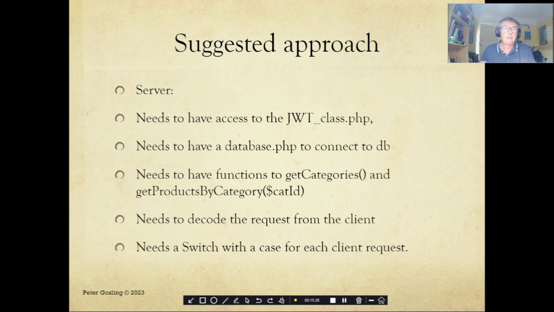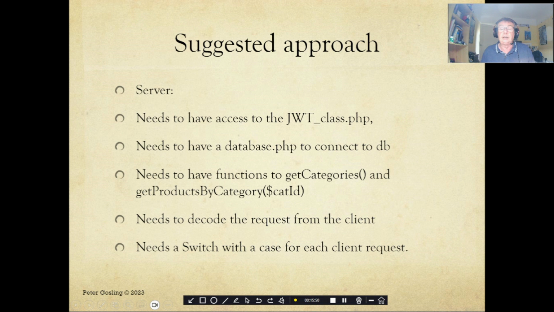So the suggested approach for the server: it needs to have access to the JWT underscore class. It needs to have access to database.php to connect to the database. It needs to have functions to get categories and get products by category. It needs to be able to decode a request from the client, and needs to switch with a case